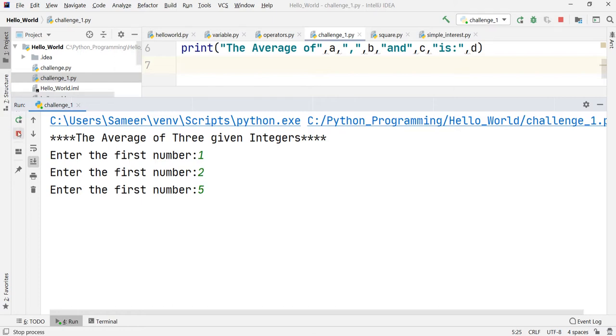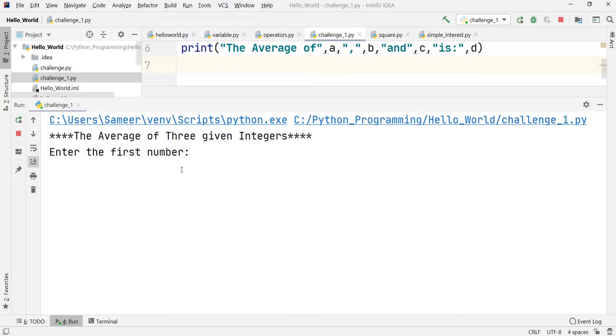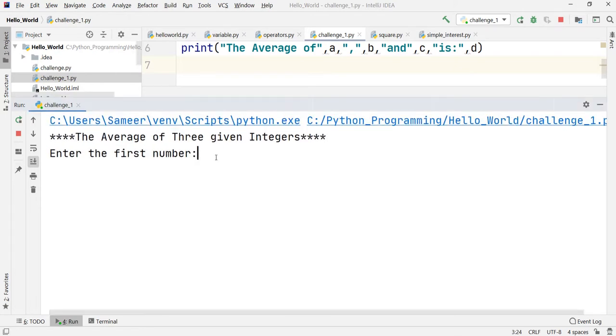Just so there is no confusion, I'll stop this and rerun it. Let us put our numbers again. The first number was 1, I'll press enter. The second number was 3, I'll press enter. Then I'll write the third number, which was 5.